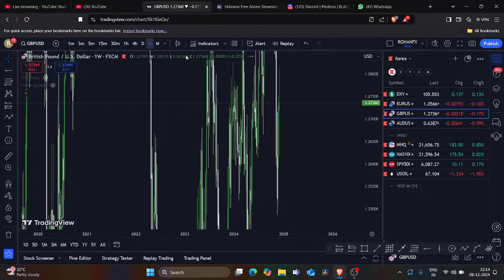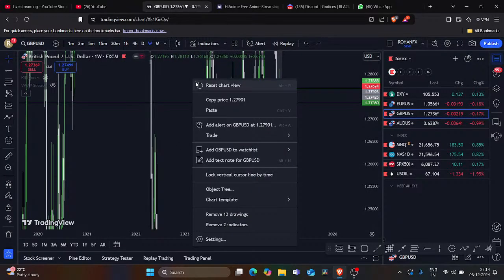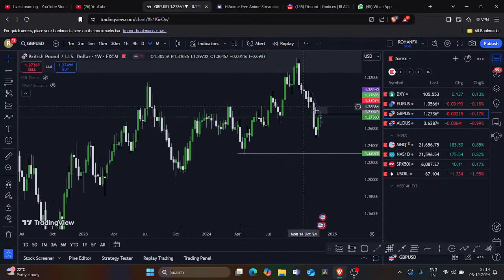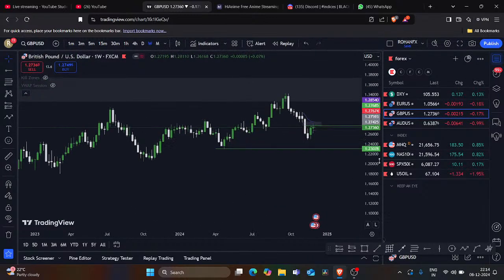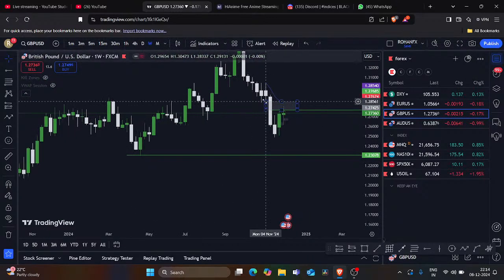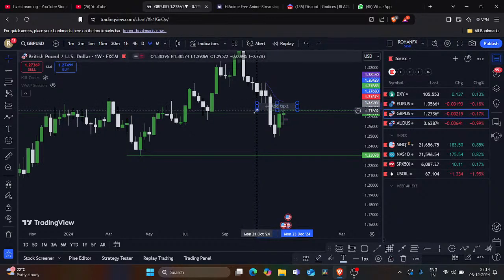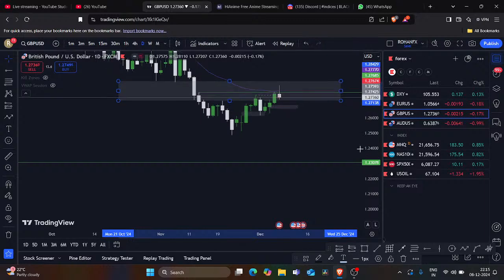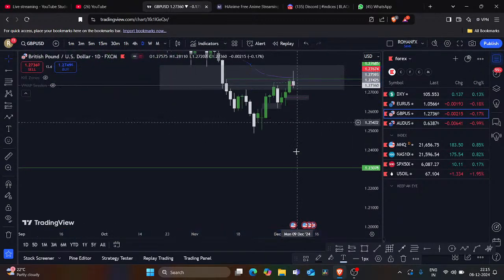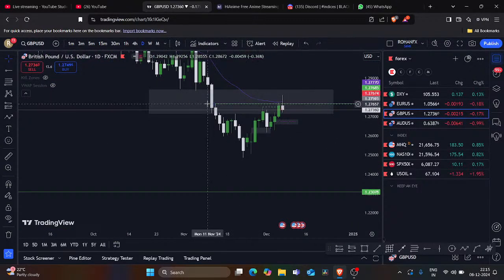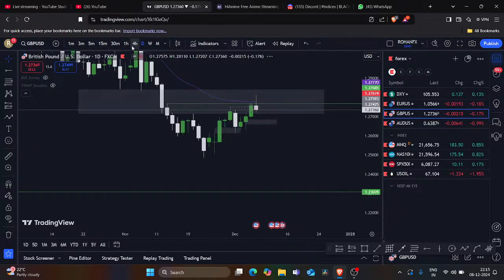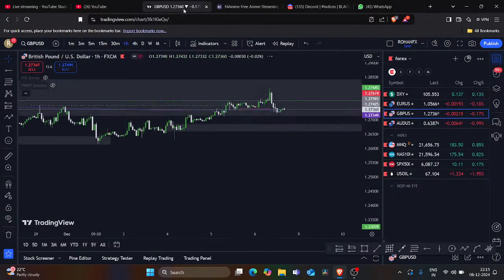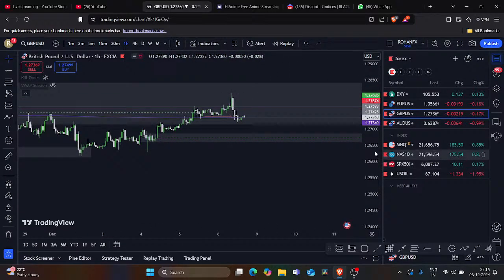Going to GU, GBP USD, as of now GBP USD is bearish. If this zone, this weekly fair value gap, is getting respected over here, then we can see a down move upcoming. Okay, so it has tapped the weekly fair value gap plus the daily fair value gap, and it has taken the liquidity of this. And if I go to a lower time frame, what can we expect for GU in 1 hour? Right now it has given a break of structure here.